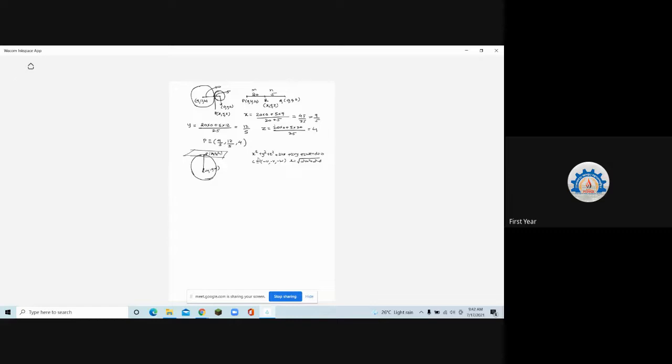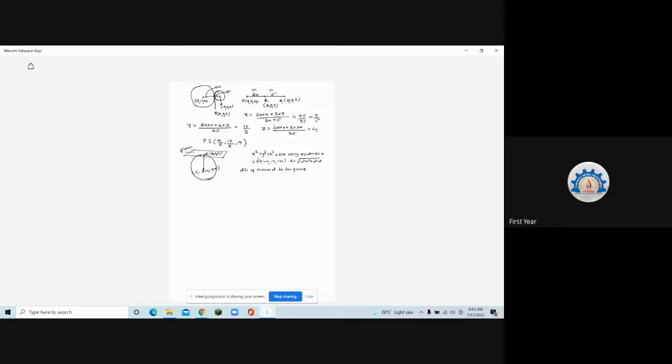So what are the direction ratios of the normal to the plane? Can anybody tell me what the direction ratios of the normal to the plane are? Which is the line which is normal to the plane? Let the plane be ax plus by plus cz plus d. I have not written the equation of the plane yet. I have to find a, b, c. So I'm trying to find a, b, c. What are the direction ratios of the normal to the plane? Which line is normal to the plane?